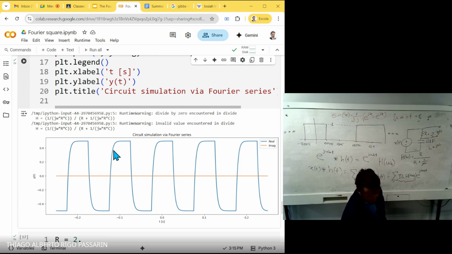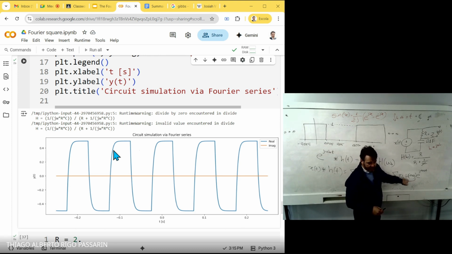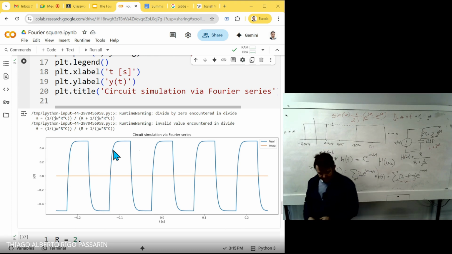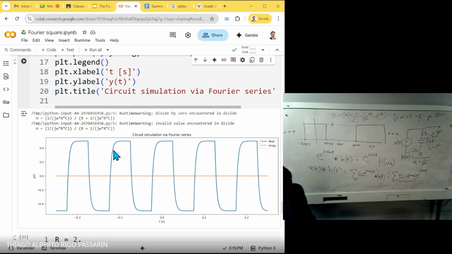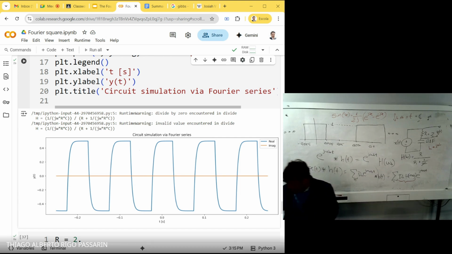That's it. Circuit simulation with the Fourier series. So we just multiply each coefficient by the frequency response. That's it for Fourier series. We can go to the next